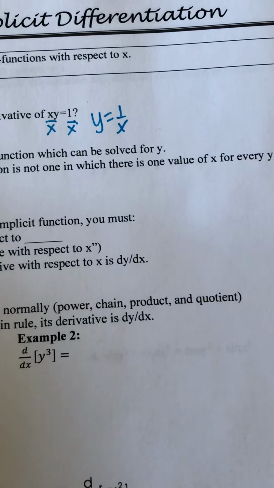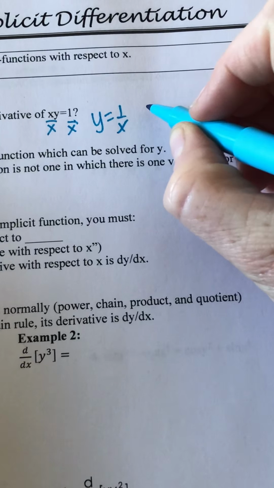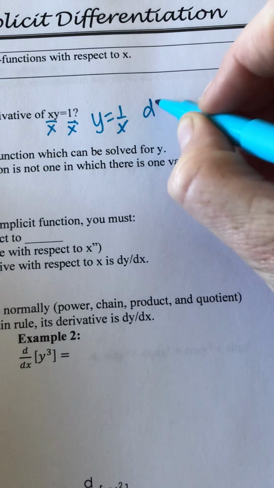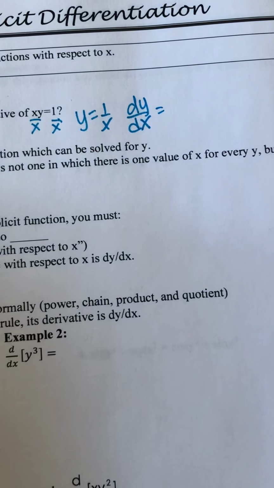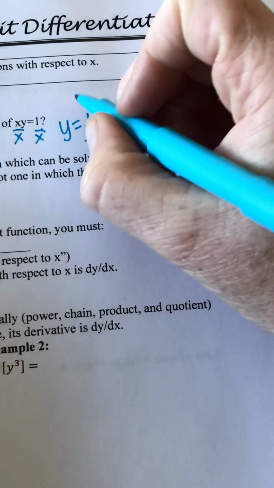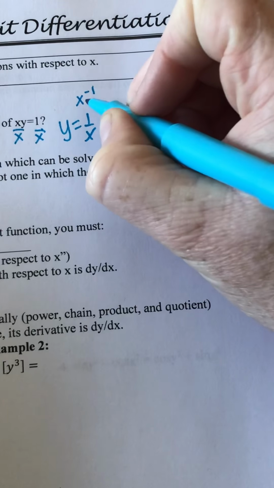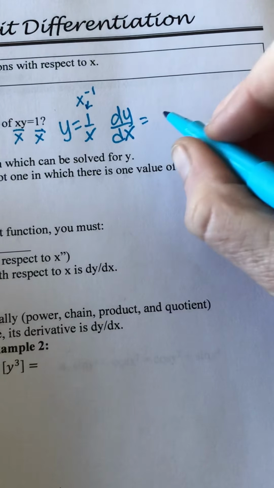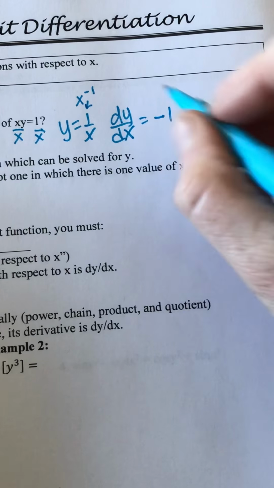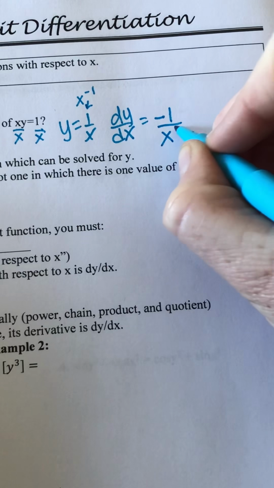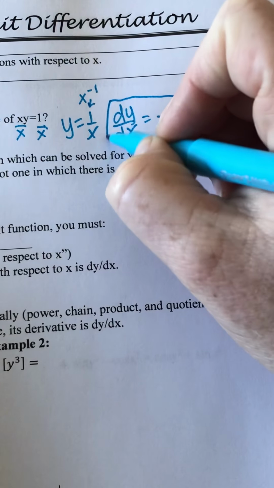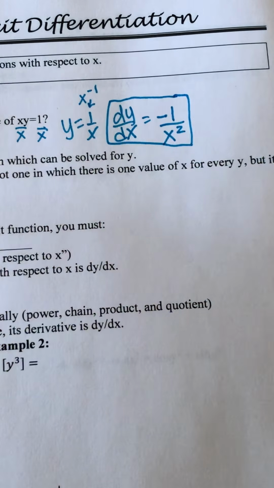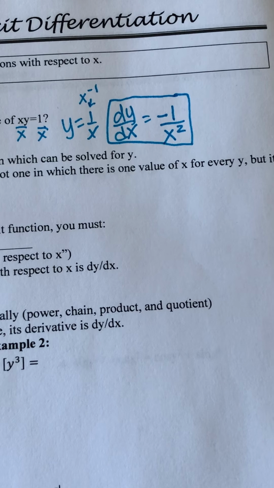So to find that derivative, which I'm going to write as dy/dx, we would take the power rule there because this is x to the negative 1. And then we would get negative 1 over x to the second power once you subtract and simplify. Okay, so if we're given a function of x, we can solve it for y and take the derivative. However,